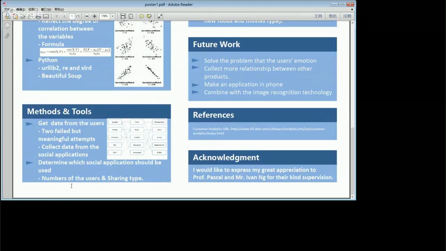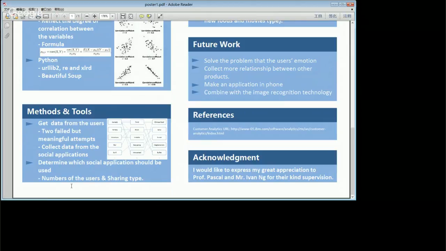First, we need to determine which kinds of social applications will be used. At first, I wanted to start with Facebook, but I found there is also a problem with that. If I search for keywords on Facebook, I can only get information from the users I have made friends with.